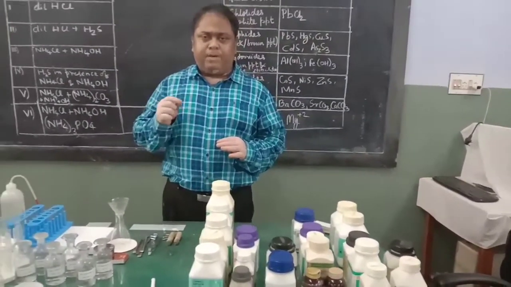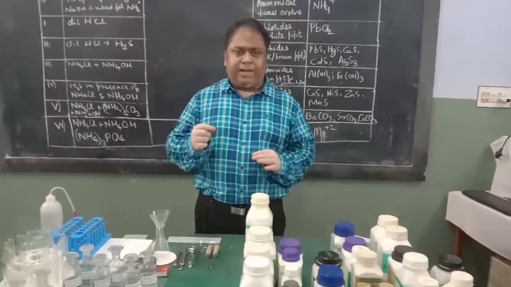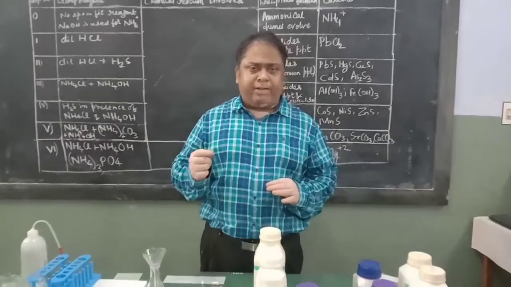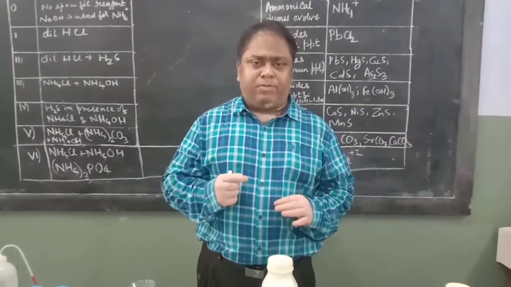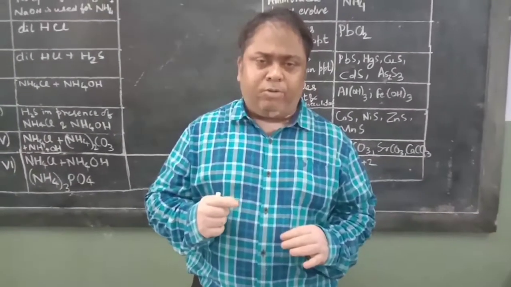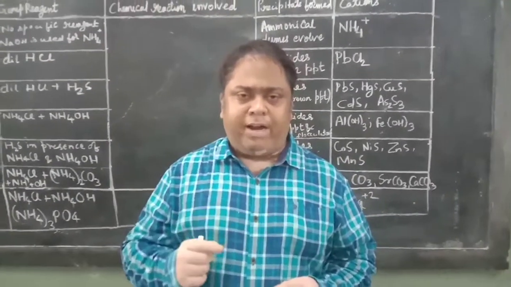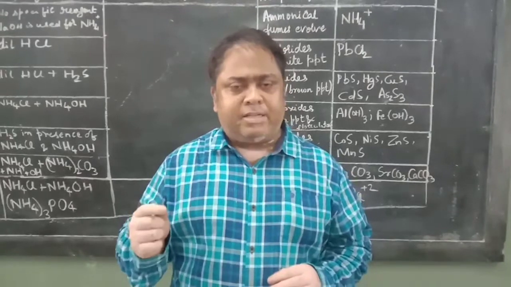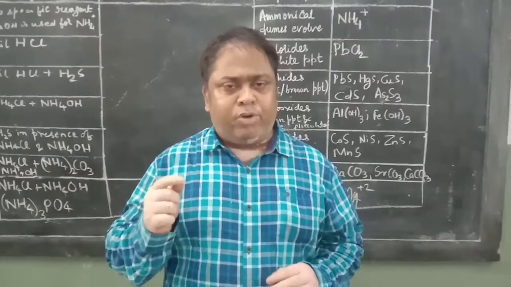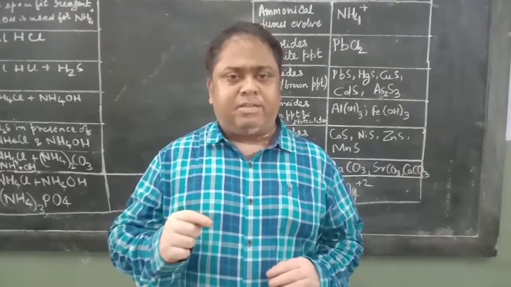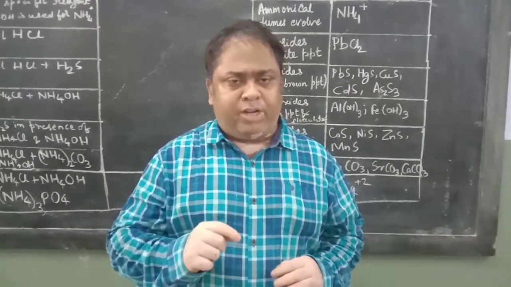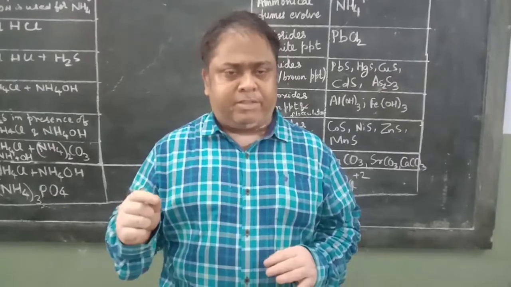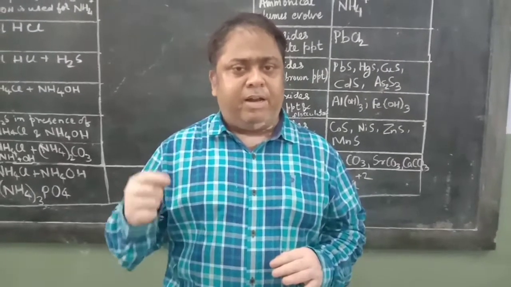Each salt is made up of a number of cations or a number of anions, or one cation or one anion. So in our syllabus of class 12th, we have to find out one cation and one anion present in the given salt. For anion analysis, I have given the previous video of separation of anions into groups of dilute sulfuric acid and concentrated sulfuric acid, not the conformity test. Conformity test I will be giving later on.